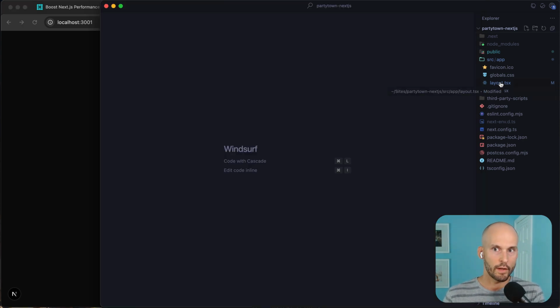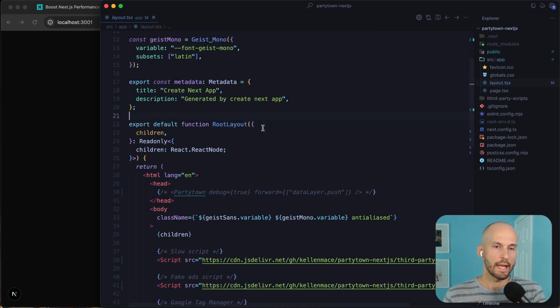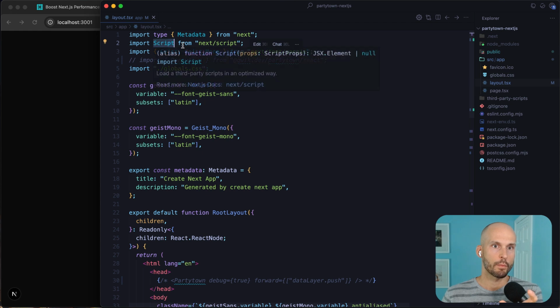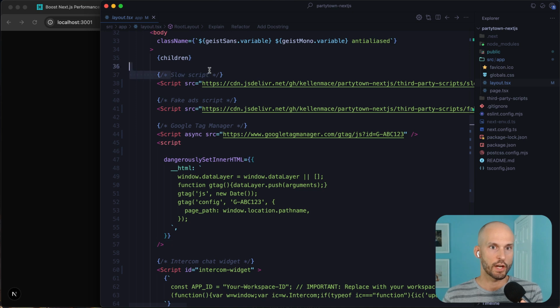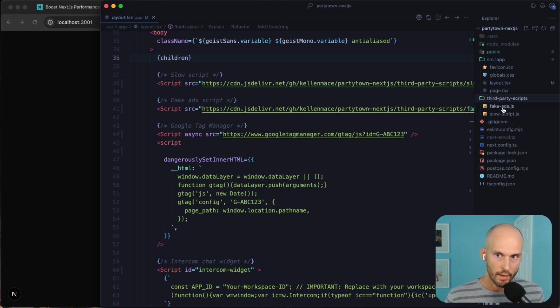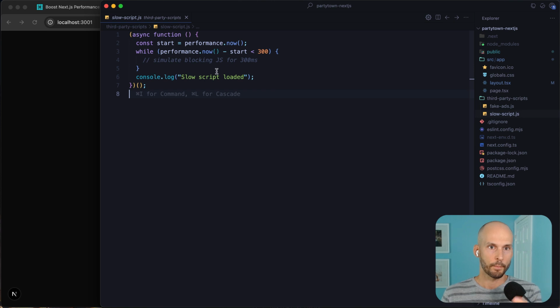I've cloned down the code base here, and you can see in layout.tsx, we have the root layout component. And then inside of here, you can see I'm importing the Script component from next/script, and I'm loading 4 things. So the first one is just a generic slow script. You can see I'm loading this through a JS deliver service to mimic a third-party script. Really, the code though is coming from this slow script JS file here. So this is what it does. You can see that it just sleeps basically for 300 milliseconds to simulate blocking JavaScript for that long. Likewise,